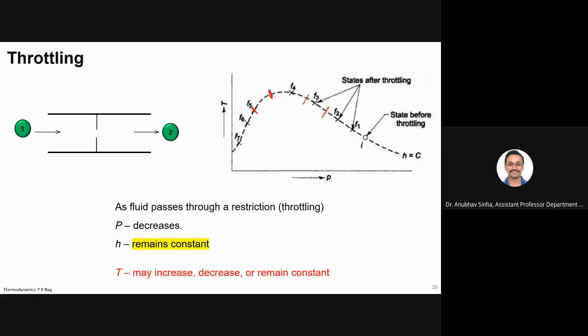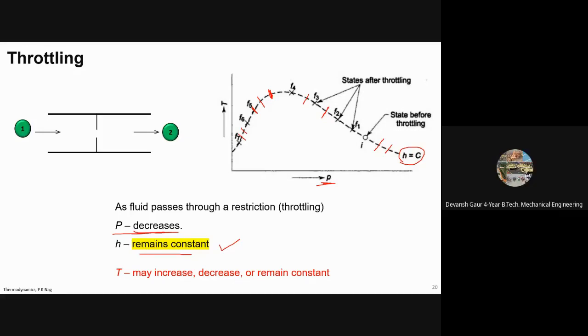This curve shows points of constant enthalpy, H is equal to constant for this curve. So I can start from any point, I can end anywhere. The only condition is that if I start from here, I need to end at a point which has a lower pressure, because pressure has to decrease. So for throttling, we have two conditions: pressure has to decrease and enthalpy remains constant. Now, because we are following a curve which has constant enthalpy, this is satisfied. Now only this we have to be careful with. Then we can define any process. So we can start from here, end up here, or start from here, end up here. Is this clear?